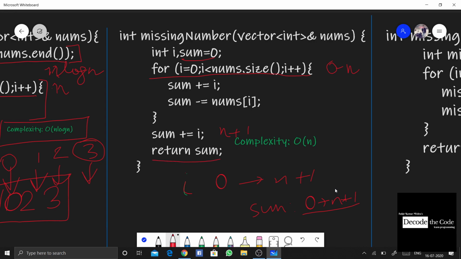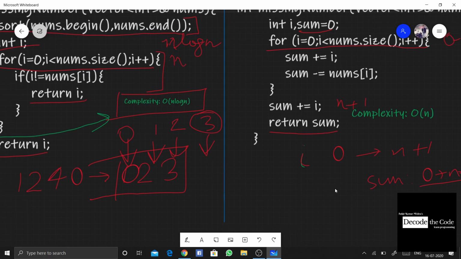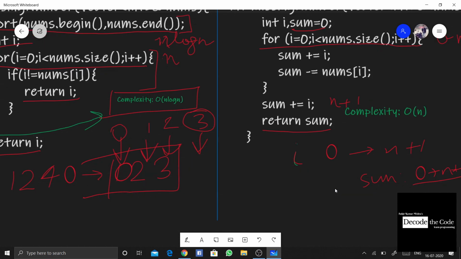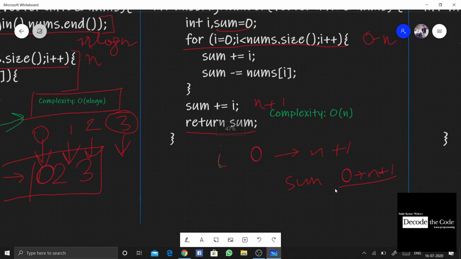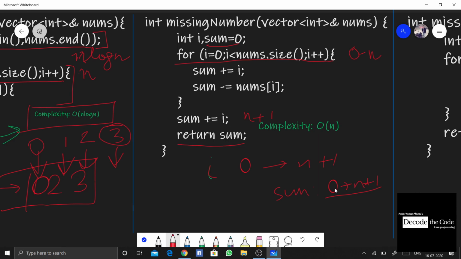Looking into the same example that we had, if I don't remember wrong, it was 1, 2, 4, 0. So we had 1, 2, 4 and 0. Look clearly at this input. So now a sum would start with, a sum would become 1 plus 2 plus 4 plus 0, that is 7. And what will be minus from our